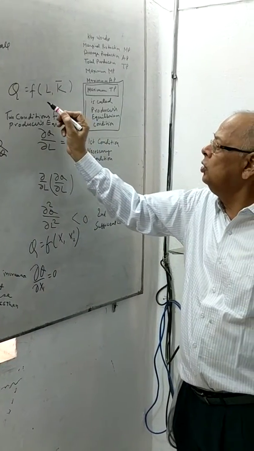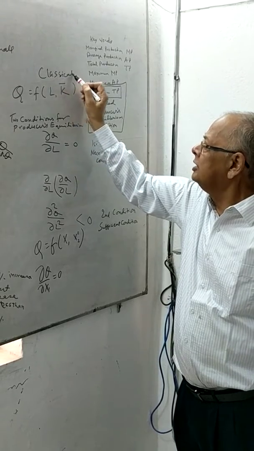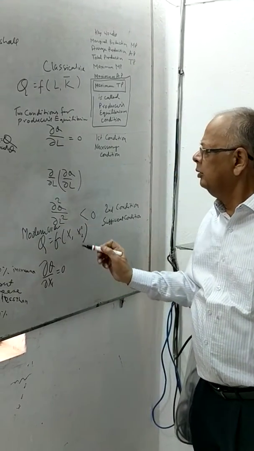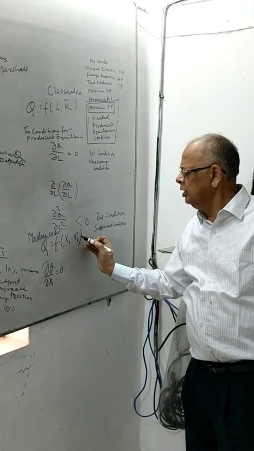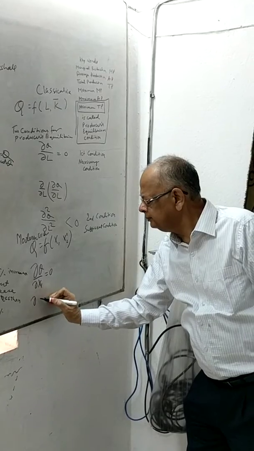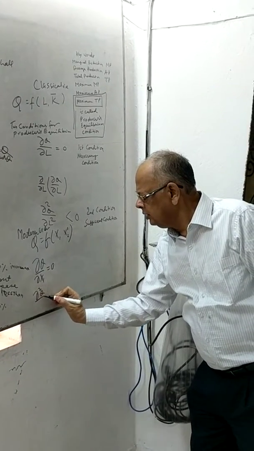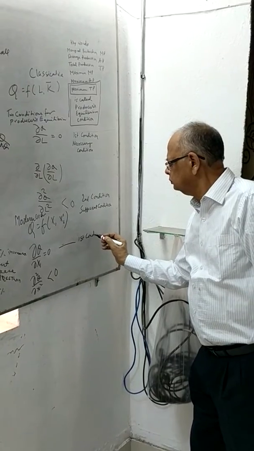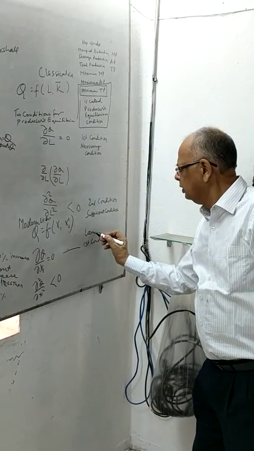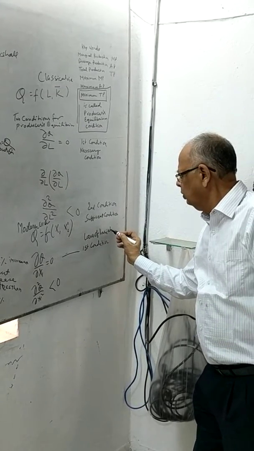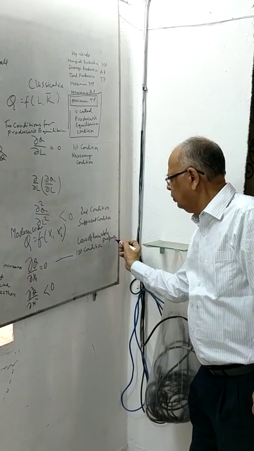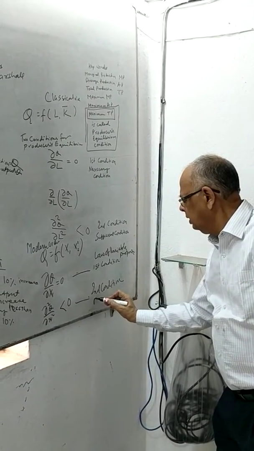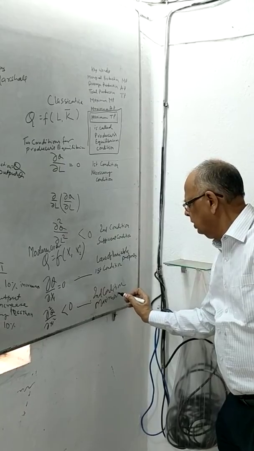This is related to the classical view, and this is related to the modern view. If we take the modern view, the law of variable proportion, we will replace L and K. We will write x1, x2 raised to the power 0, and then we will write del square Q by del x1 square less than 0. This is the first condition of the law of variable proportion. And this is the second condition, that is maximum. Maximization of